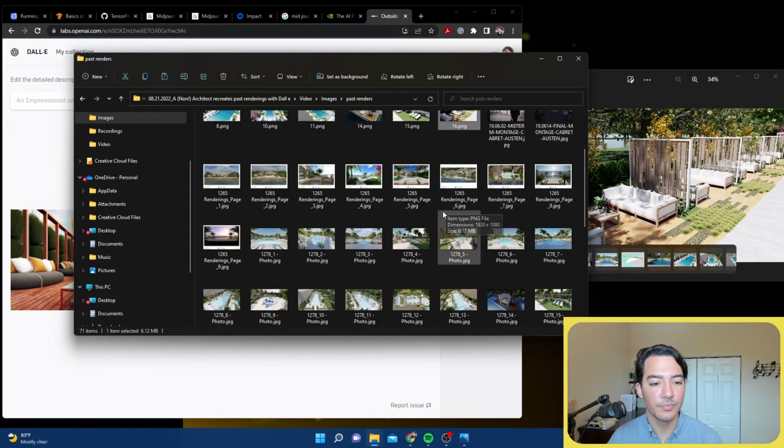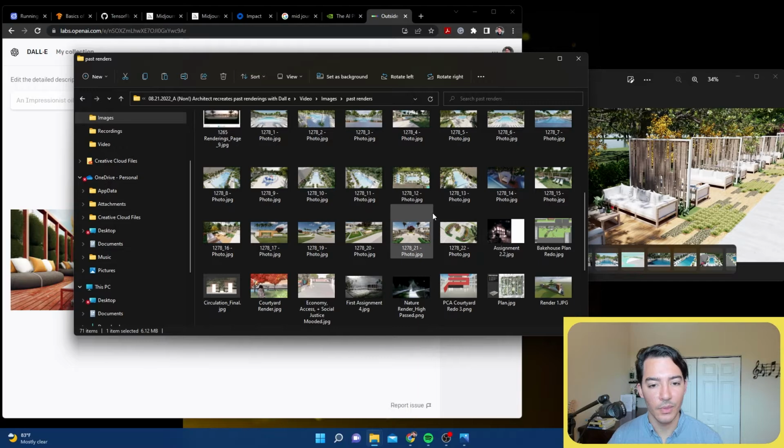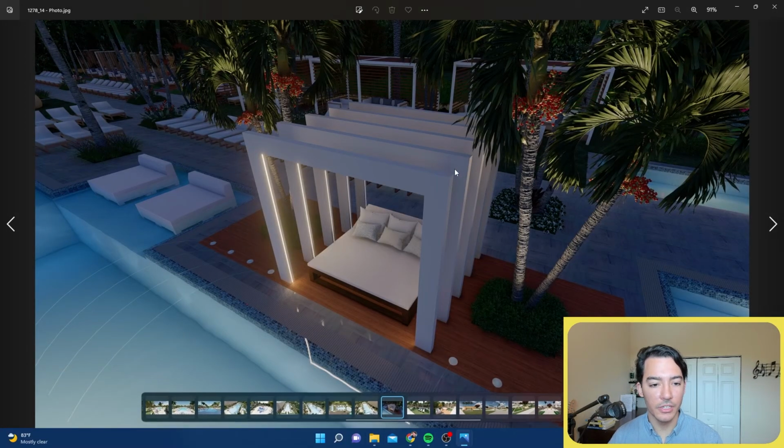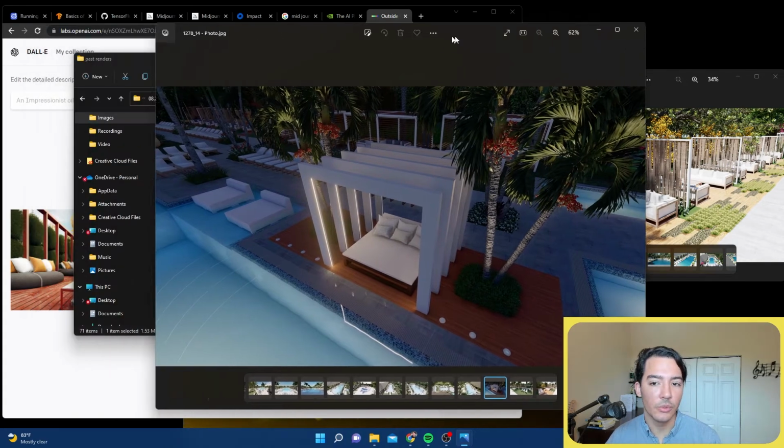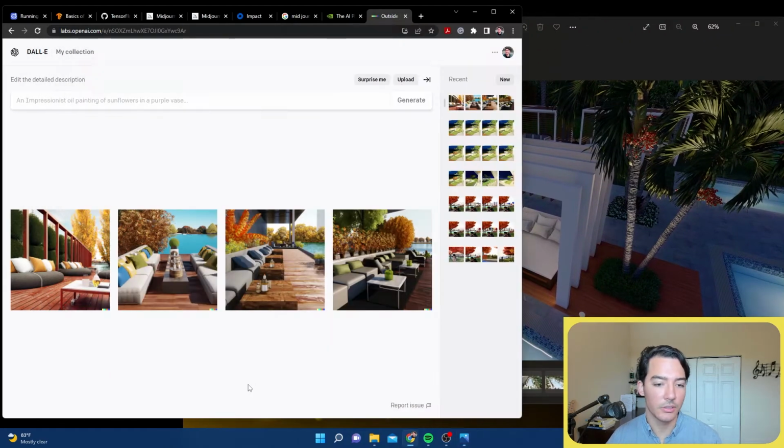So, same project, but let's do this one that's at night and it has some lighting going on. So maybe the specificity will be harder or easier. Let's see.